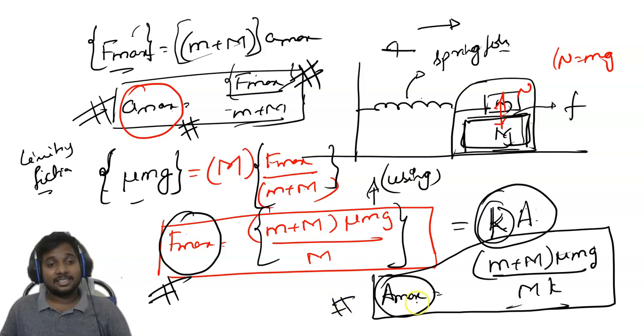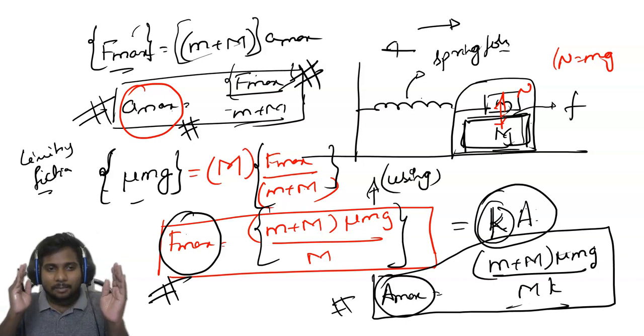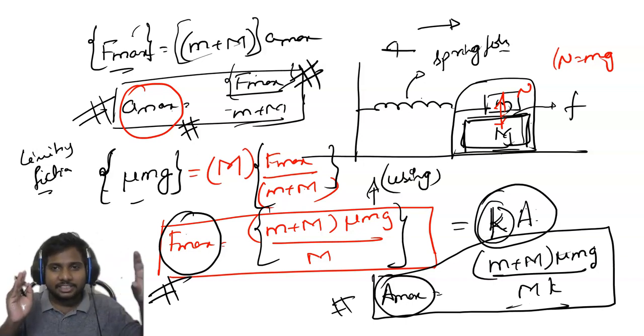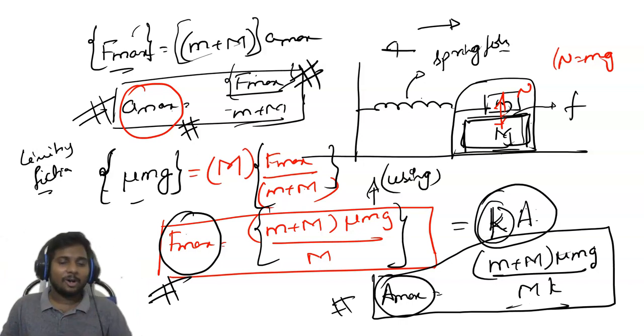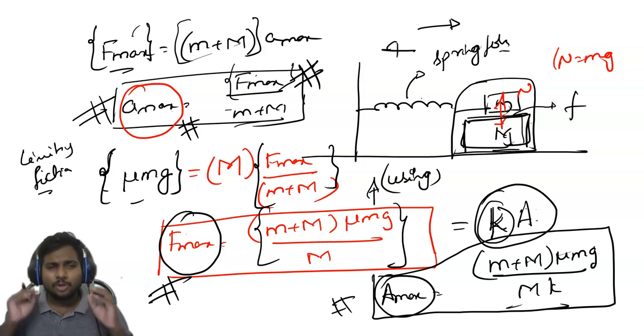I hope this is clear for you. In this way, using multi-concept problems, you can combine friction along with SHM and solve this problem. So I hope similar questions can be solved by you, and also you will see many more